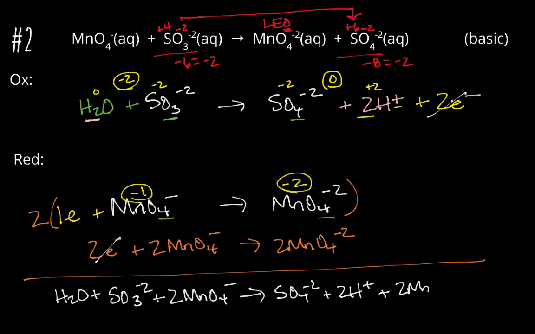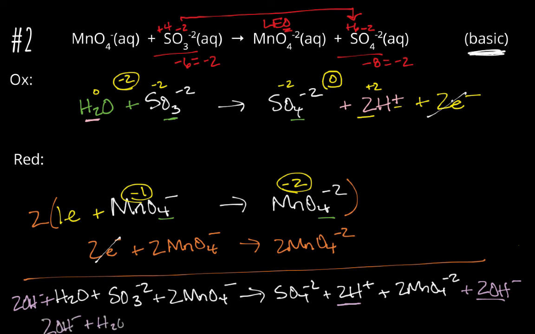plus 2 MnO4 minus 2. Okay, now this one is a different situation because this one is basic. So that means I have to add OH minuses to cancel out any H pluses that are present. When I add OH minuses, I add however many H pluses there are to both sides. And then what those H plus and the OH minus do is they make water. So now I have 2 OH minus